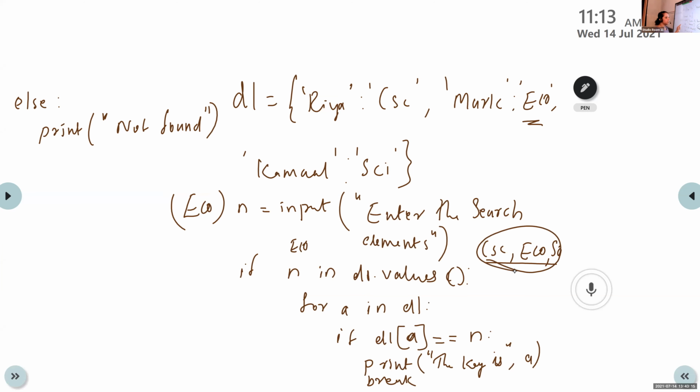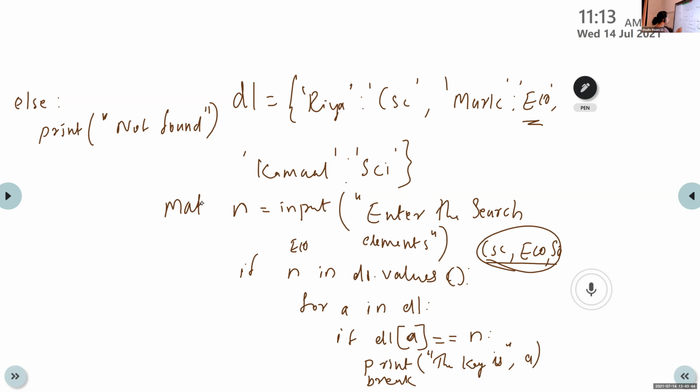Is it present? Yes. Okay. So if the value of n is MAT, what will happen, Achyut? It will just go to the else part and will print not found. Okay, that means the value of n is MAT.